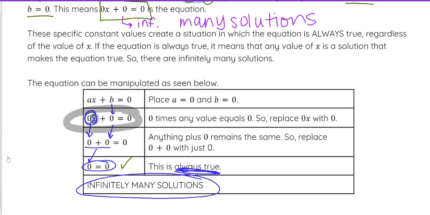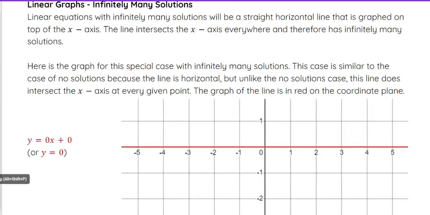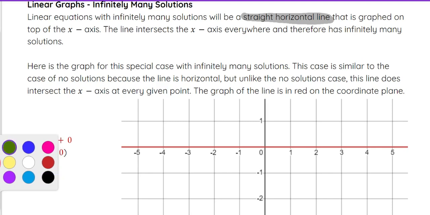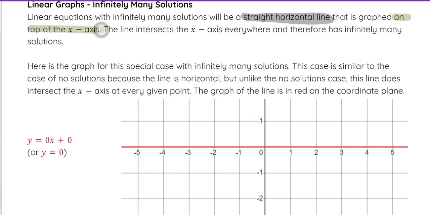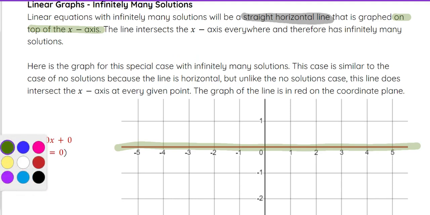So it's really the opposite of that no solution case that we saw, where we had something that wasn't true that indicated no solutions. Here we end up with a true statement with infinitely many solutions. So linear equations with infinitely many solutions will always be a straight horizontal line, just like with no solutions. However, it is going to be graphed on top of the x-axis. So we see here, it comes out to be the line that is literally the x-axis,